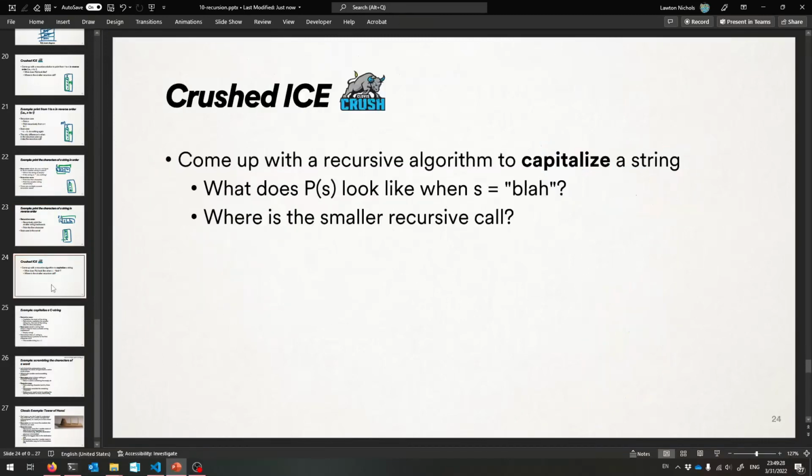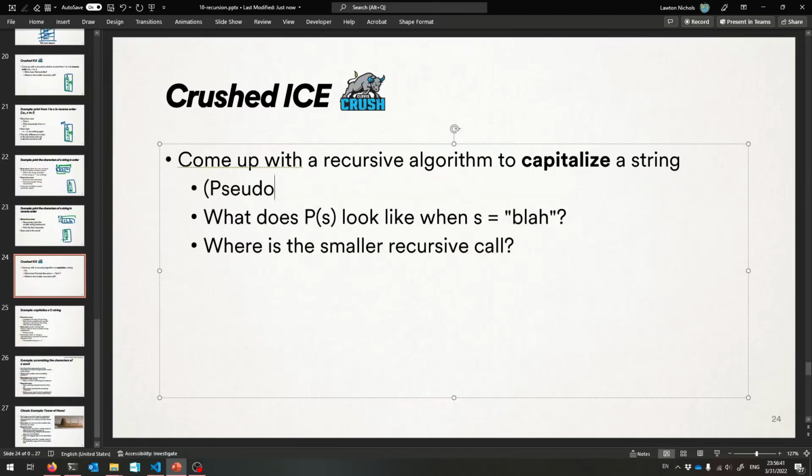All right, now here's something that I want you to try. Try to come up with a recursive algorithm to capitalize a string. And all I need is pseudocode right now. Don't try and write this yet as real code, but come up with the way of doing it, okay? So think about what it is going to look like when you call your capitalize a string function that